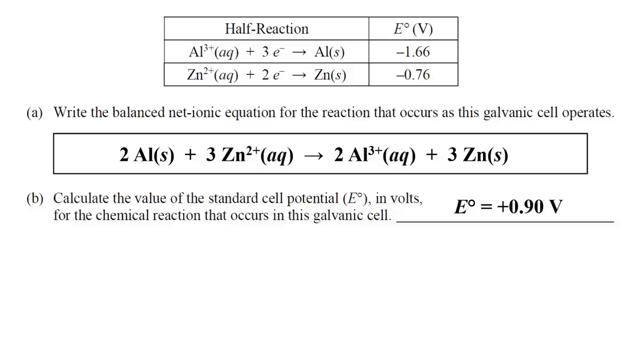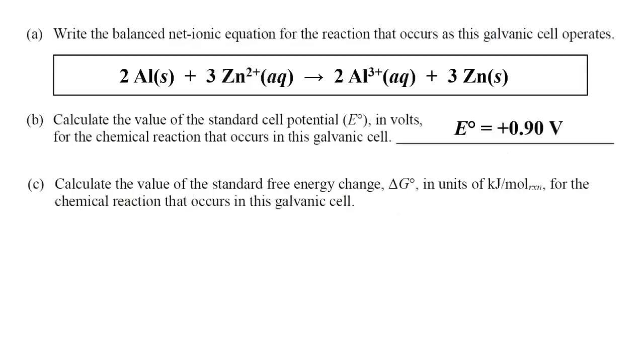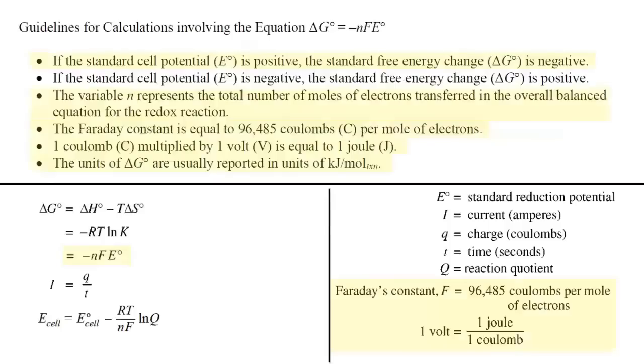Now, on to part C of this question. You can see that now we have to calculate the value of the standard free energy change, or delta G, in units of kilojoules per mole of reaction. So I will show you that information that I had presented earlier, the guidelines for calculations involving the equation delta